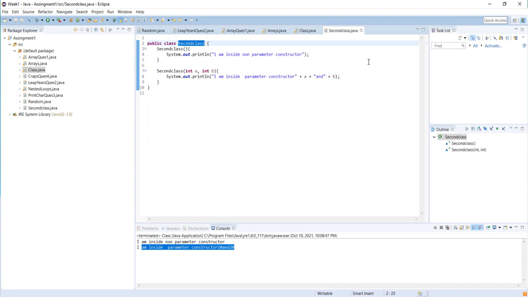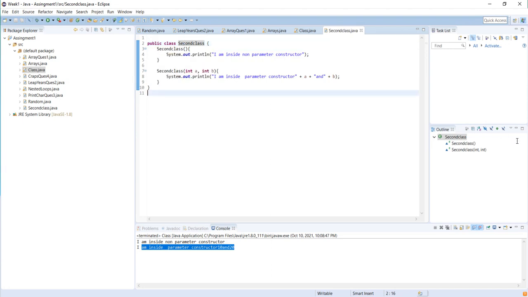To decide that, it saw that it doesn't have any return type and the function name is the same as the class name, so it knows it has encountered a constructor.